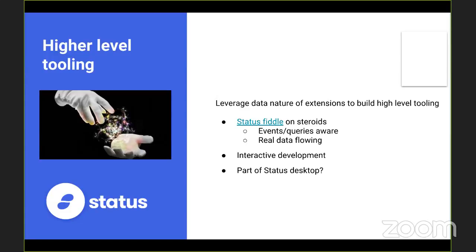So you could create extensions with real data, like drag and drop elements, views and queries, and then directly see how the whole thing works, with real information coming from the blockchain. So it's kind of interactive development, the old dream of IT.